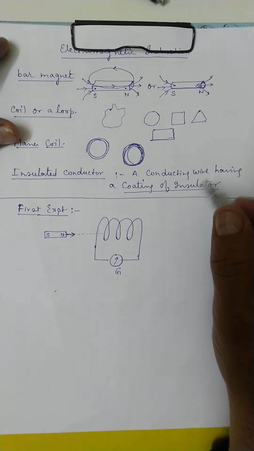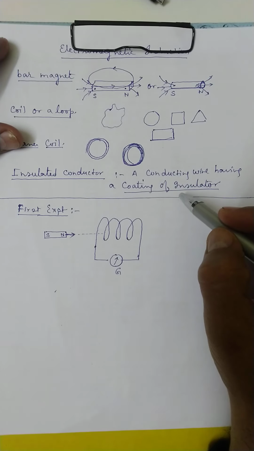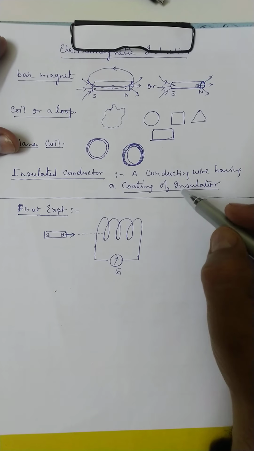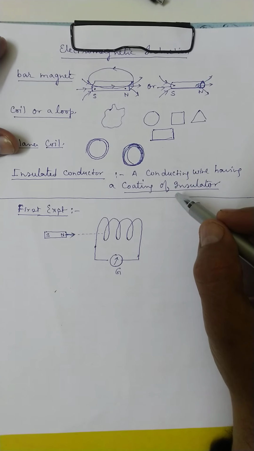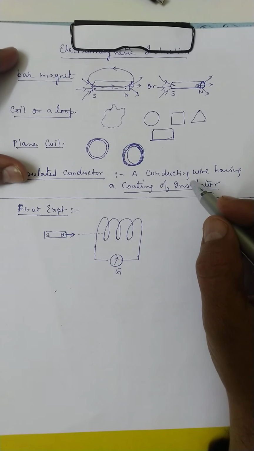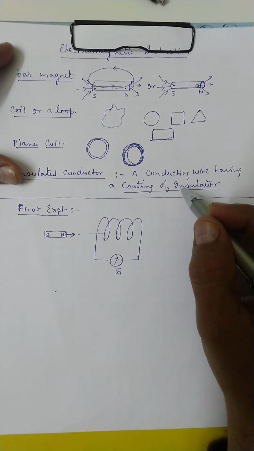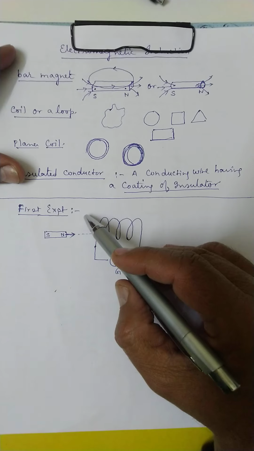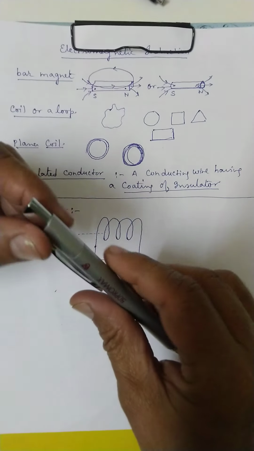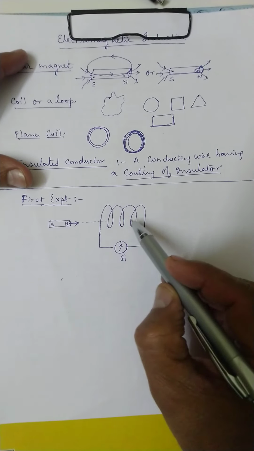I was discussing the second paper of physics in which I started telling you about Faraday's law of electromagnetic induction. Dear students, I left after the start of the first experiment, and I told you that in this particular experiment there is a coil